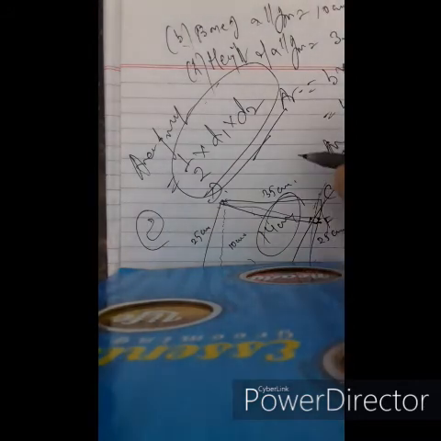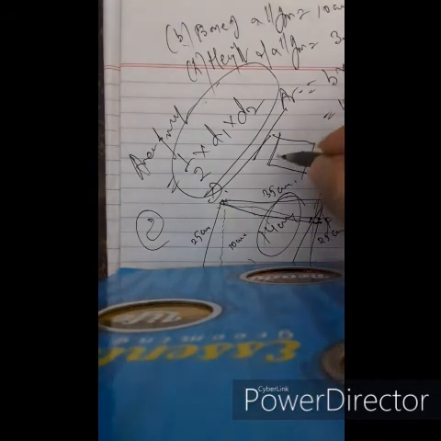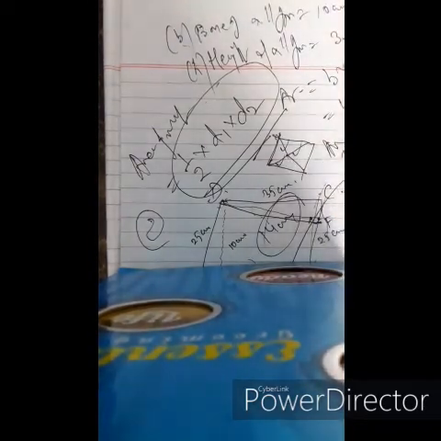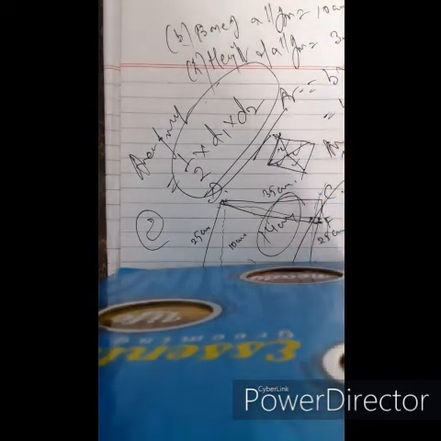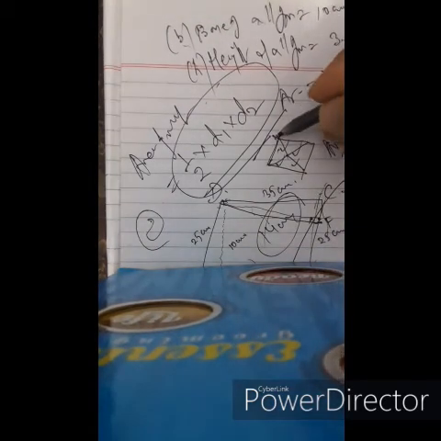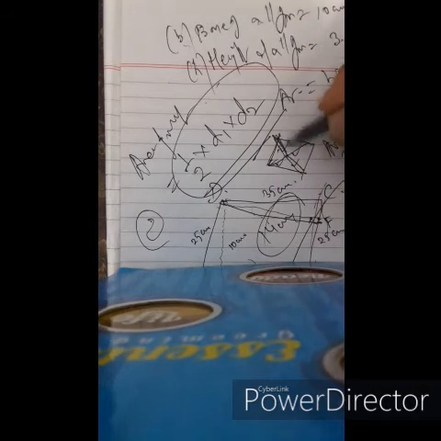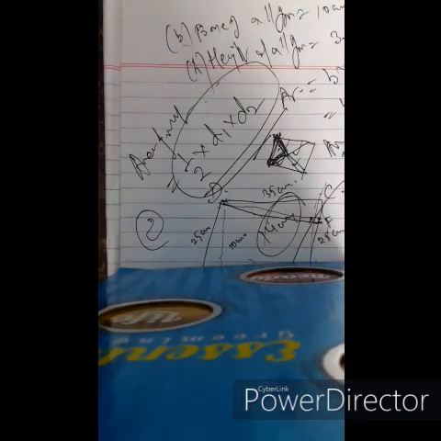And for the perimeter of a rhombus, since the four sides of the rhombus are equal, once the diagonals are given we can derive the side by taking half of the diagonals. We know the diagonals of a rhombus bisect each other at right angles. This is the property of a rhombus. So the side can be derived by taking one part as half of diagonal 1, the other as half of diagonal 2, and finding the side by Pythagoras theorem: root under half of diagonal 1 whole square plus half of diagonal 2 whole square.